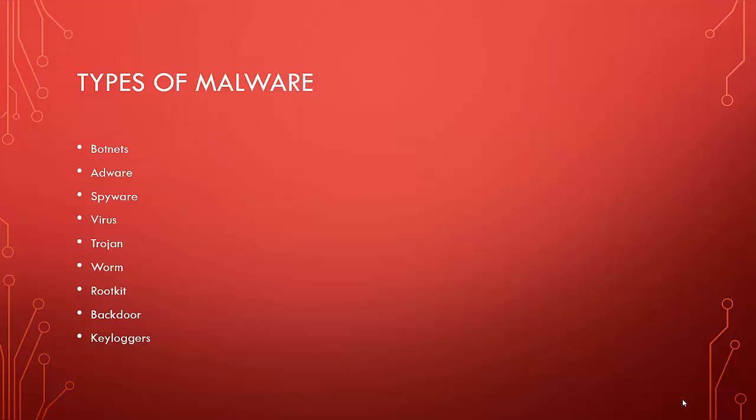Adware, the least dangerous, most lucrative malware. Adware displays ads on your computer and kind of just annoys you. It just gets in the way and slows your PC down. It doesn't let you do anything else. Spyware is software that spies on you, tracking your internet activities in order to send advertising back to your system.